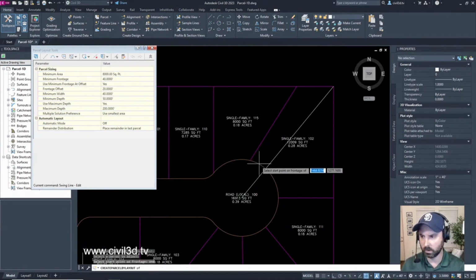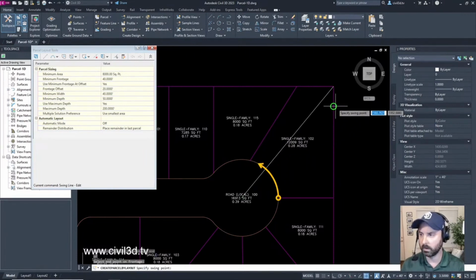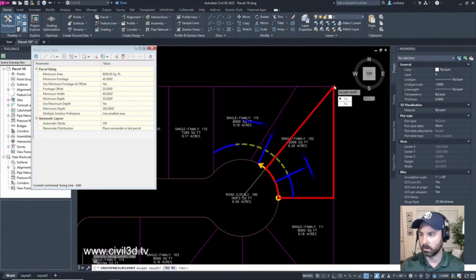So go from here, roughly about to there. Specify swing point. Can I select this corner? See, it's giving me 3 different results here.